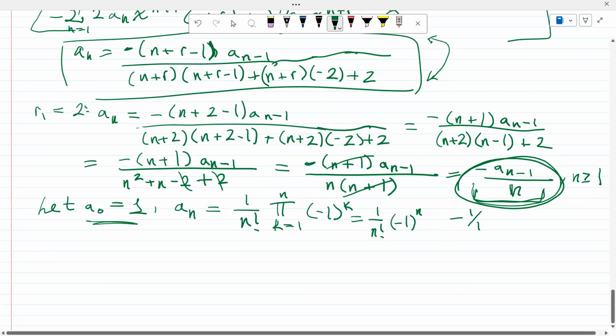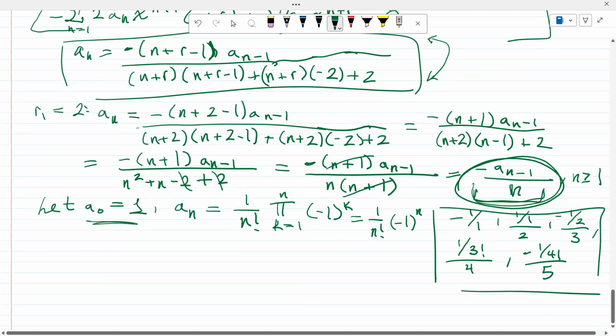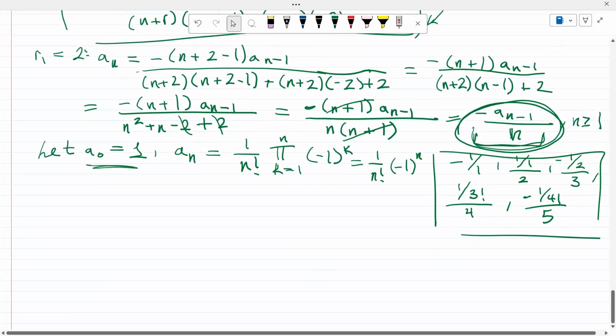Let me just write down what we had before. Negative 1 over 2 over 3, 1 over 3 factorial divided by 4, negative 1 over 4 factorial divided by 5. Okay, perfect. So we have that relationship right there. Okay, so now we can define y1 to be equal to this series right here,